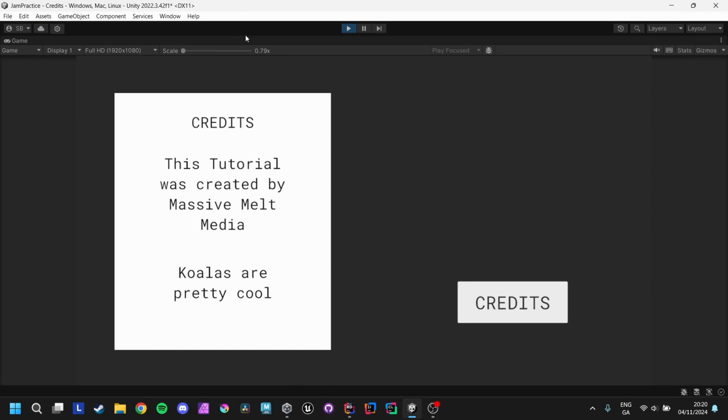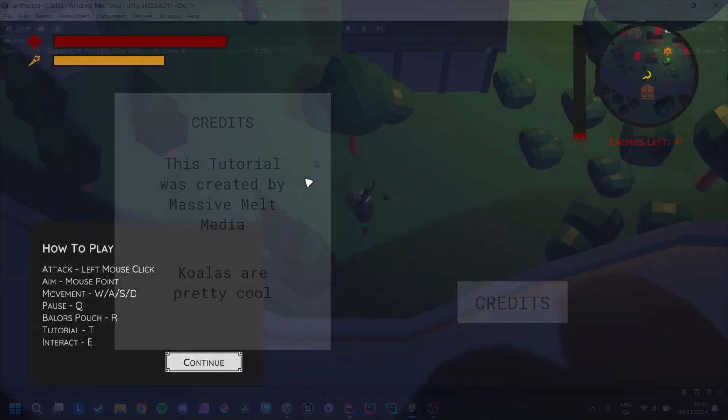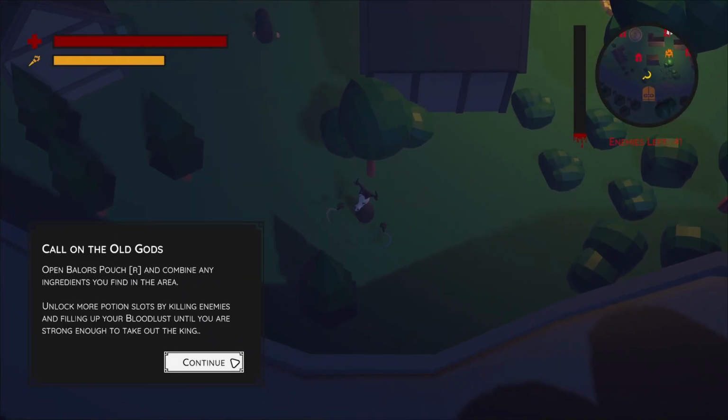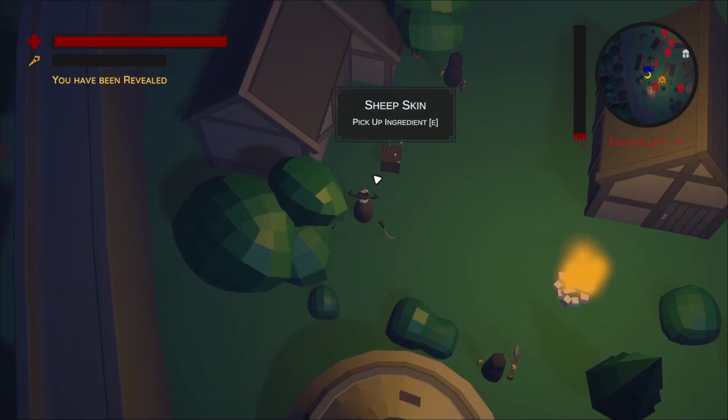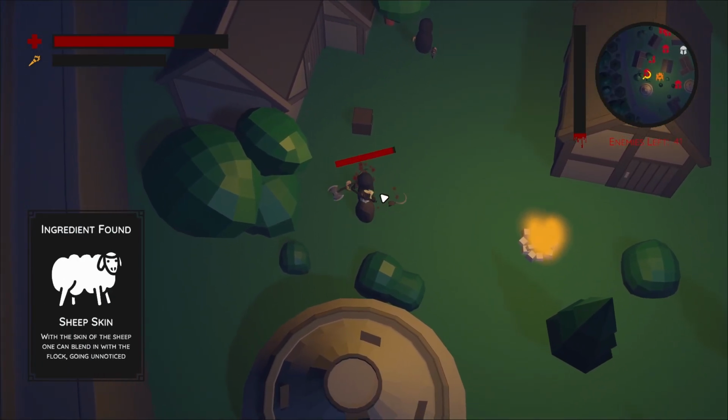So yeah, that is just simple animation for a nice credit scene. You can use this by now with lots of elements in your game. So let's say you want pop-ups. I use this kind of method a lot for hints, things coming up the screen. If I've collected an object, it lets you know this